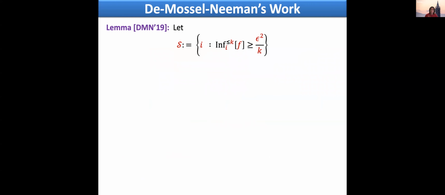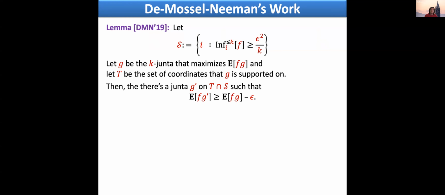Okay, so now let's talk about what S actually is. S is going to be a set of coordinates that have large low-degree influence. So we're only looking at the influence below level k because we're concerned with k-juntas. And we're going to specifically look at coordinates whose truncated influence is at least epsilon squared over k. And so a simple claim, which I'm not going to prove, but you can find in our paper,